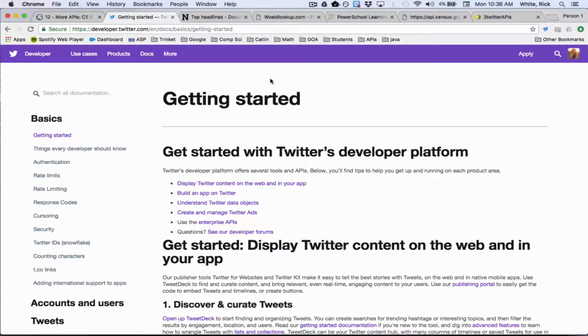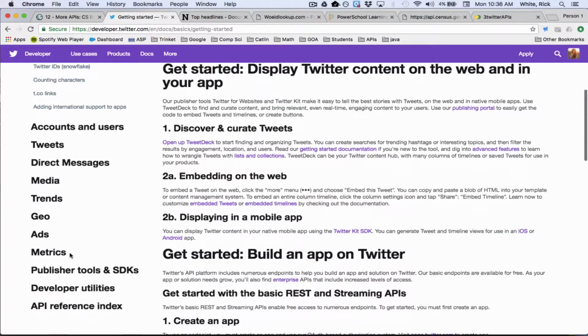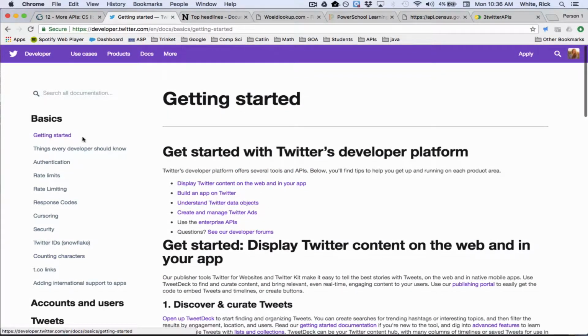Right, so take a look at the Twitter API. It's a really, really big API, as you can imagine. There's a lot of companies that want to access the data that Twitter collects, and so they've got a whole bunch of different kinds of options, including paid options. So I'm right here on the Getting Started page of the